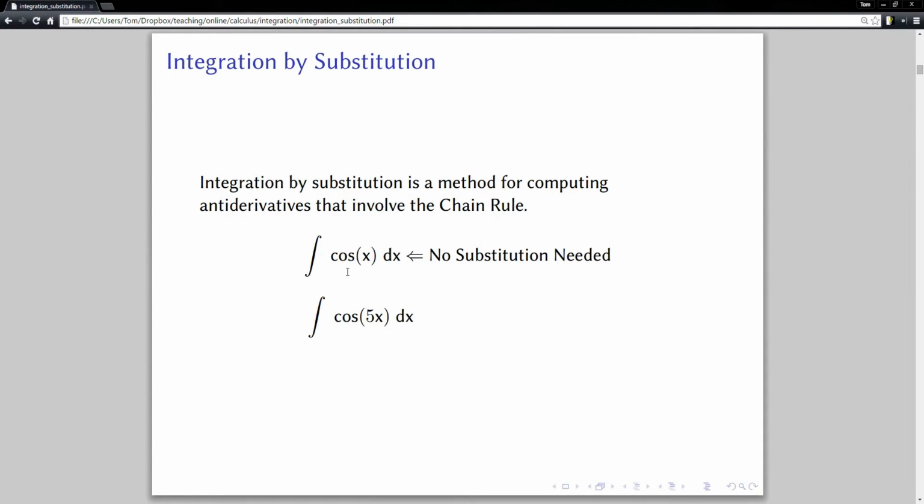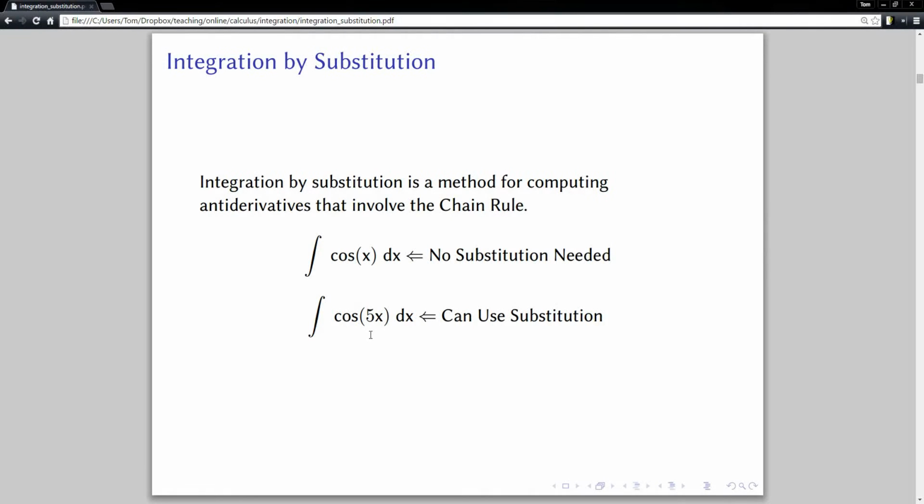Next up is a slightly different function. Right here we have cosine of 5x. The only difference is that there's a 5 right inside the cosine. And this is one where you might want to use substitution, although in terms of integrals that you can use substitution on, this one is not that complicated, but it is one that you can use substitution on. Notice if I were going to take the derivative of cosine of 5x, that would involve the chain